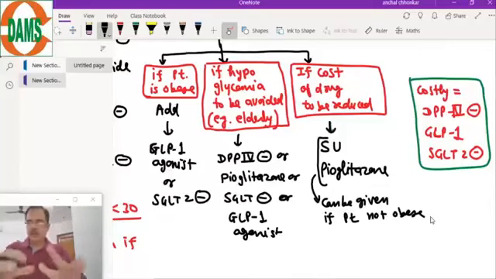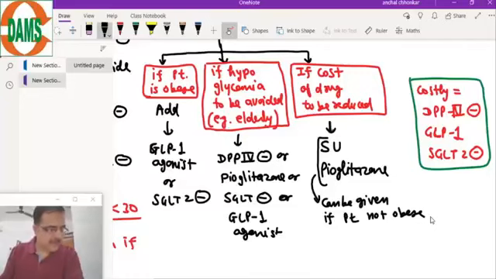Now, even if sugars are not controlled, then we will go for the insulin therapy. So this is the protocol. This is a 2020 management protocol for type 2 diabetes patients. Now, can we give acarbose in type 1 diabetes? We can give, but the textbook says that the only drug approved besides insulin is amylin. Acarbose is not approved for type 1 diabetes patients.